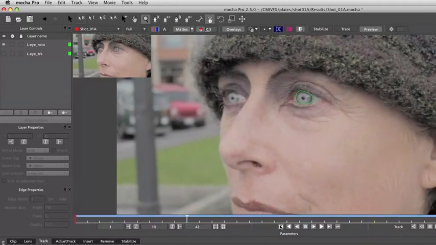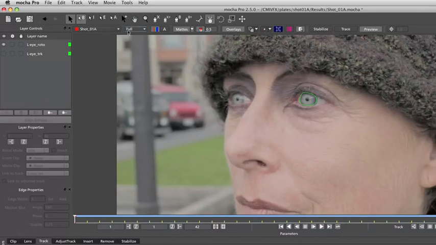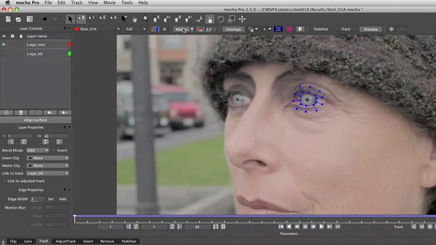Now let's take a look at how to use the viewer controls to evaluate the rotoscope quality. Here on the viewer controls we have several tools, and to evaluate rotoscope quality we often use the mattes button and the overlay controls. The mattes by default works only on the selected layers. Okay, so you need to select a layer and enable the matte button, and we can see the matte here